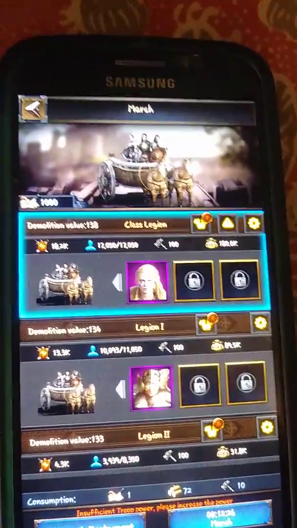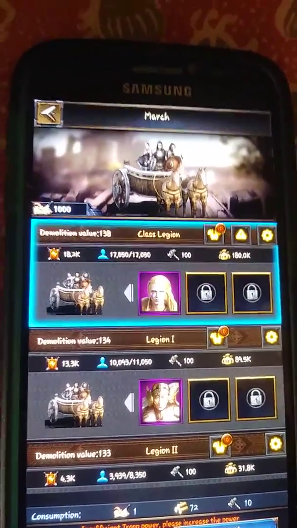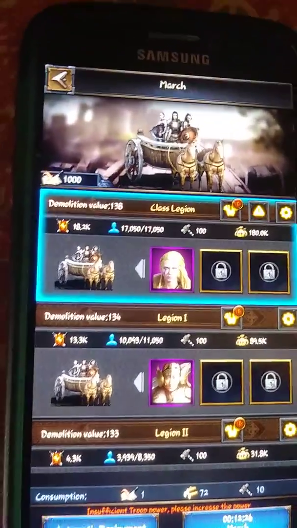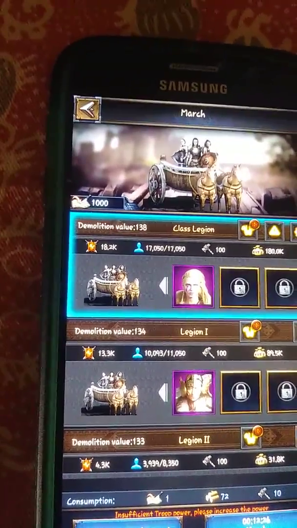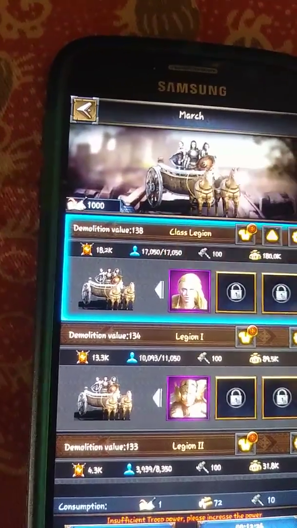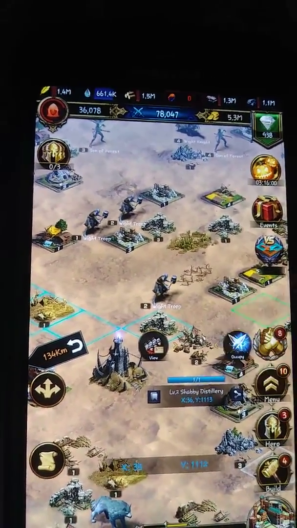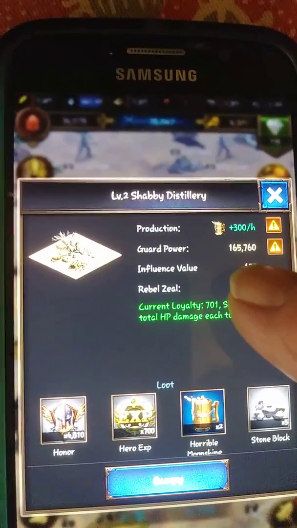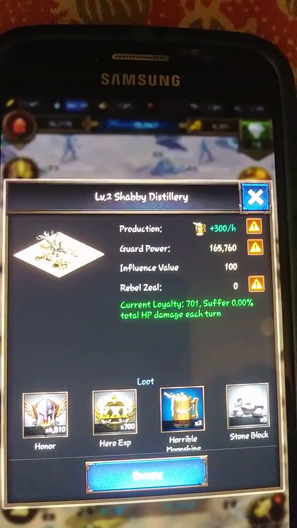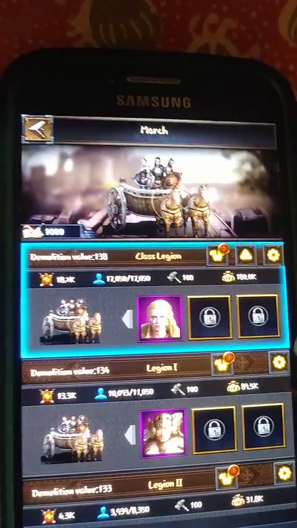Yeah, because it's telling me. So I may have actually taken a level 1. I don't remember. I'll have to look in my... Yeah, because I do have a resource tile. Boy, I'm smart today. Let me tell you what. Okay, so my troop power is only 18.2. Let me go back to this guy and click on it. And you see the guard power? It's 165,760. Okay? All right, so you see how that is going to...